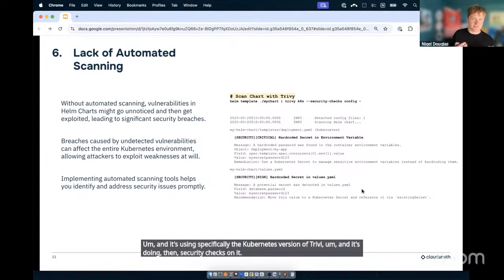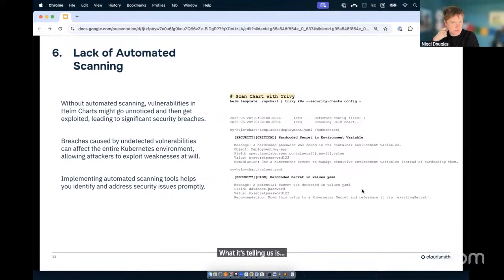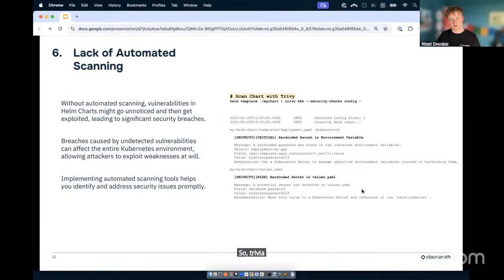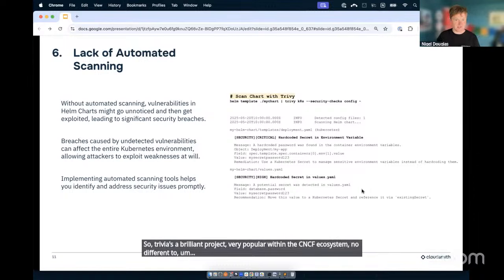What it's telling us is basically those controls we talked about earlier. Are there hard-coded secrets present within the chart? Well, you can check for that. Or does it contain a hard-coded secret within a specific file? We also want to know that so we can prevent that going forward. So Trivy is a brilliant project, very popular within the CNCF ecosystem, no different to Helm itself. In this case, we would use Trivy, pipe it into the contents of the Helm template output on that file, and then you should be able to see, for instance, are there insecure configurations that we could